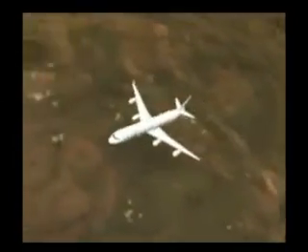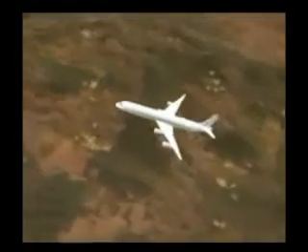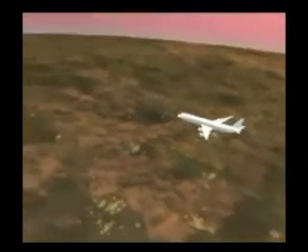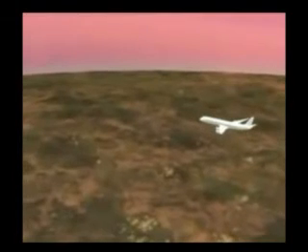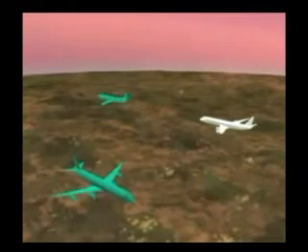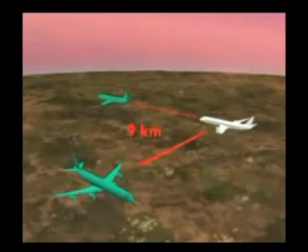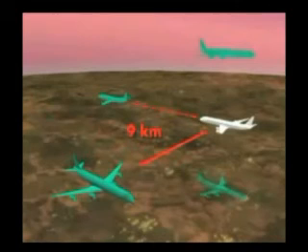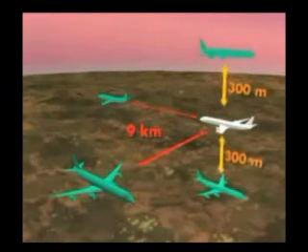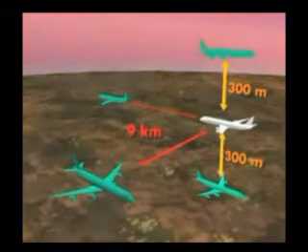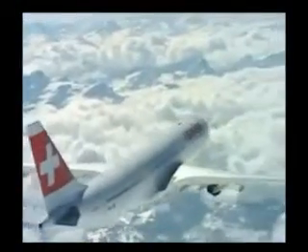To maintain minimum separation takes top priority. Passenger aircraft flying at 800 or 900 kilometers per hour need exactly 6 areas of free airspace around them. Horizontally, in all directions, at least 5 nautical miles or around 9 kilometers, and vertically, above and below, at least 1,000 feet or around 300 meters. These separations are also to be maintained between civil and military aircraft.